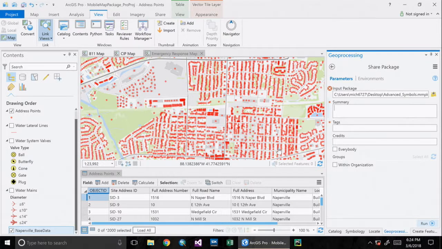The other mechanism, so that's one of two avenues that you have for publishing and sharing a mobile map package. The other of which is,